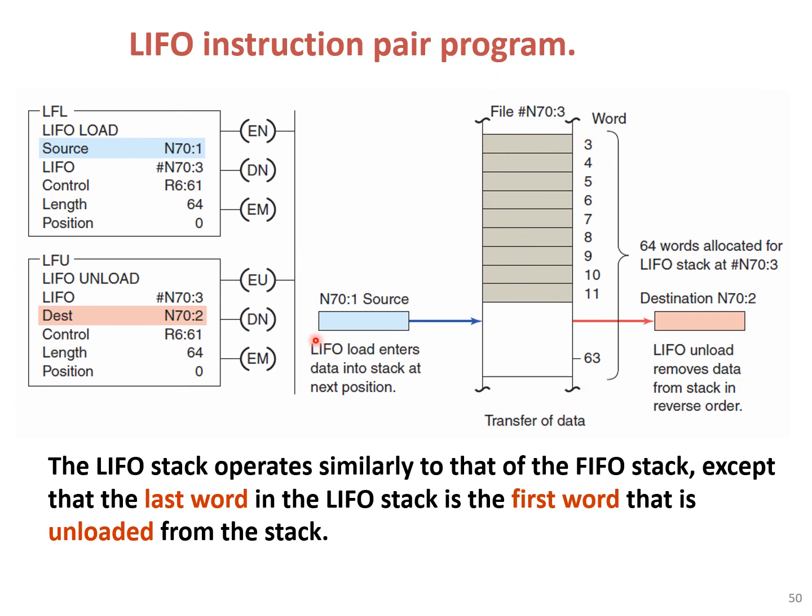But if you remember, for first in, first out, or FIFO, we were loading to the beginning and unloading from the end. Okay, so this is the difference here. The LIFO stack operates similarly to that of the FIFO stack, except that the last word in the LIFO stack is the first word that is unloaded from the